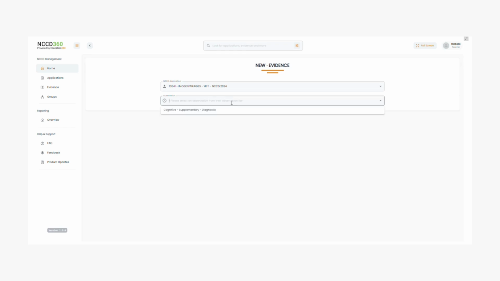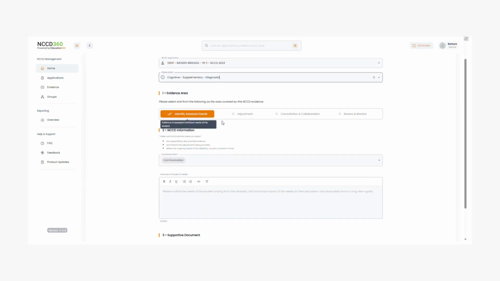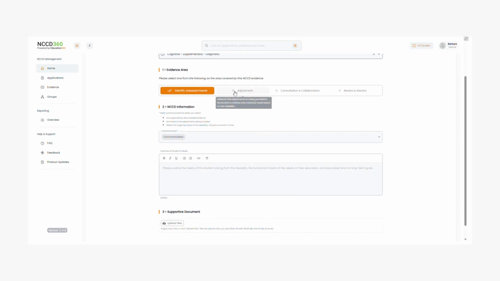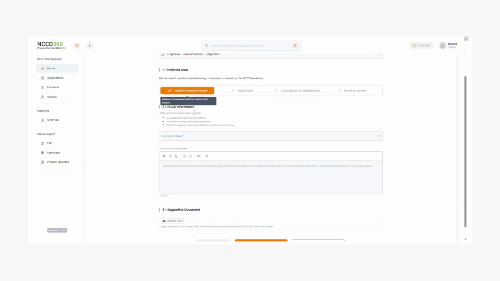Under Observations, you can choose from the options Cognitive, Supplementary, or Diagnostic. In the Evidence Area section, you'll need to select the area covered by this NCCD evidence. The available options are Identify Assessed Needs, Adjustment Consultation, and Collaboration Review and Monitor. Each of these options will provide additional fields to help guide you in entering the required information. Simply follow the prompts under Step 2,